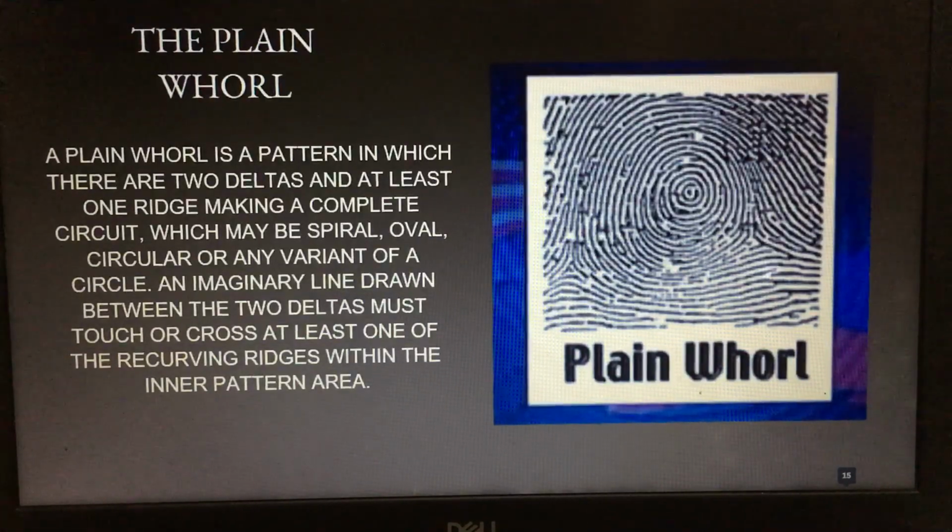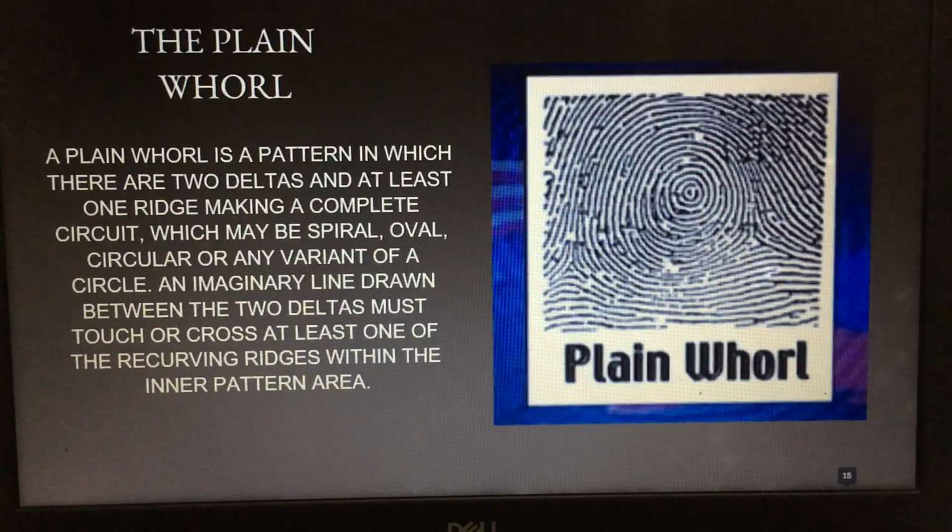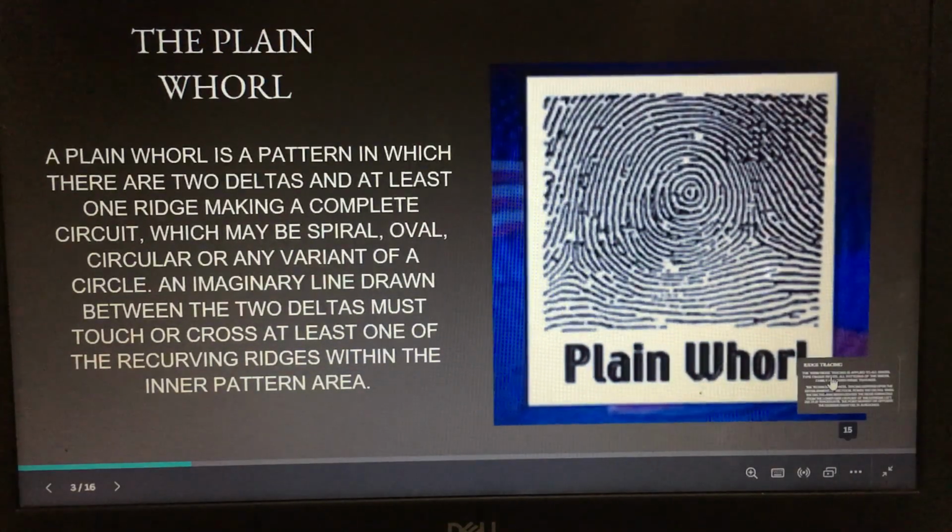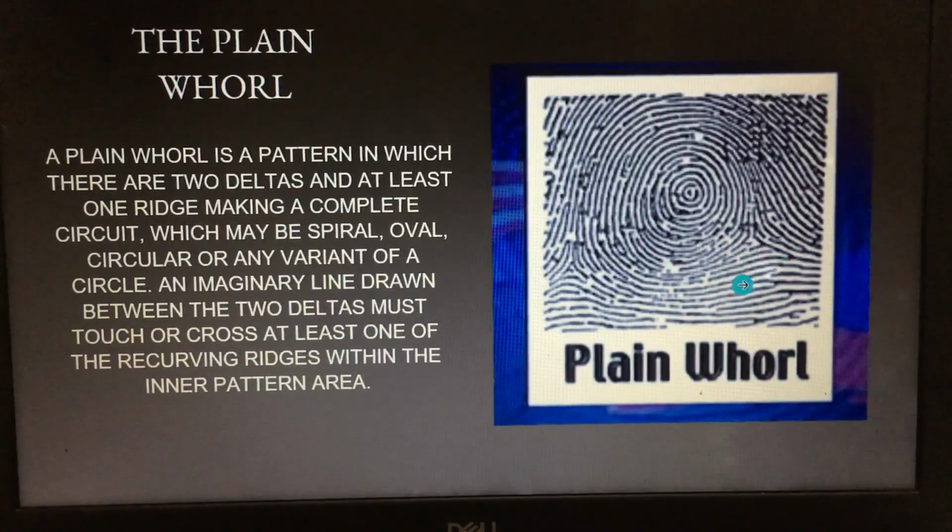The plain whorl. A plain whorl is a pattern in which there are two deltas and at least one ridge making a complete circuit, which may be spiral, oval, circular, or any variant of a circle. An imaginary line drawn between the two deltas must touch or cross at least one of the recurving ridges within the inner pattern area. So meaning to say, in the plain whorl pattern, there are two deltas